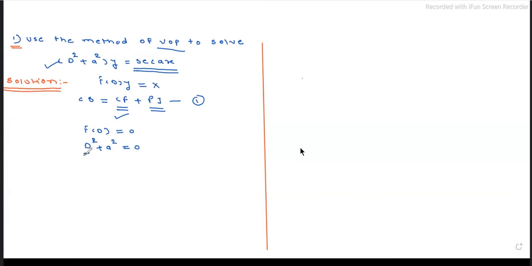As the degree of the equation is 2, you are expecting 2 roots here. Okay, so roots are